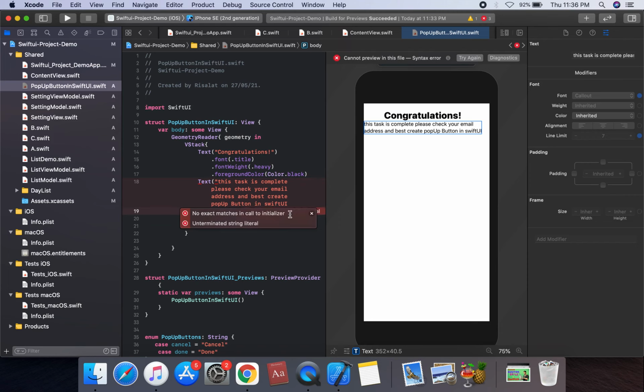We can set the initialize text. We can set it completely. The text is 7 lines. We can check this error.